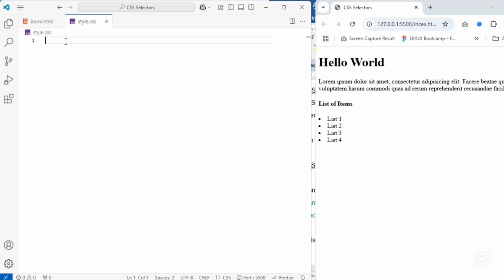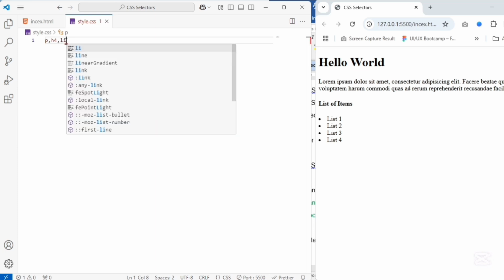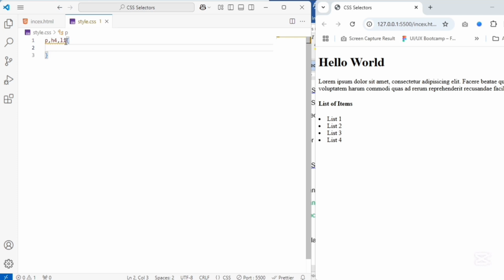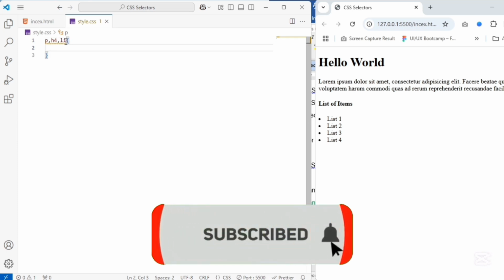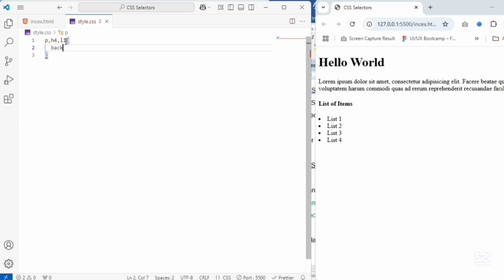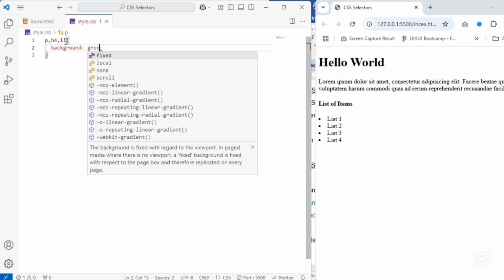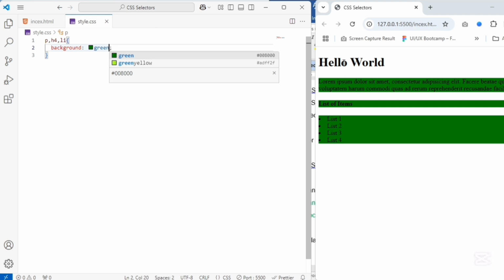So I'm going to select my paragraph, comma. I'm going to select the H4 tag as well without any space. Then I'm going to select the LI tag as well. Then I'm going to open curly braces. Then in this block, I'm going to apply any styling that I want to give to it. Take for instance, if I want to add background, I can call it green. As you can see, the styling has been applied to all these elements that I've styled without affecting the H1